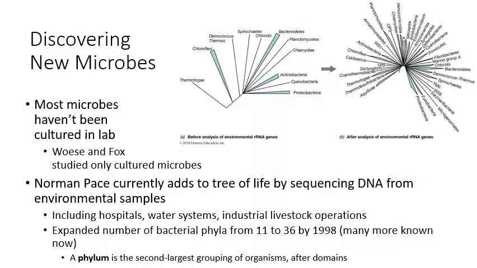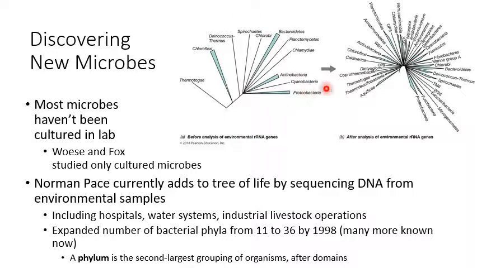He can make an estimate of how many different species are there, and sometimes find out something about their different characteristics. For instance, he can find all different rRNA sequences in there from the different species, and that gives him an idea of how those different species that he sequenced would be fitting onto the tree of life. So using information from Norman Pace's experiments, we've been able to expand the tree of life for bacteria